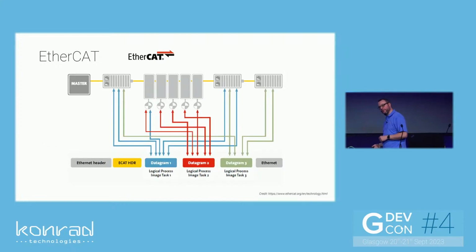So here's an example of an EtherCAT setup. Again, this is stolen from their actual website, credits there on the screen. So you've got a master, and you've got your network running from left to right there, and you've got multiple devices. And across the bottom is an